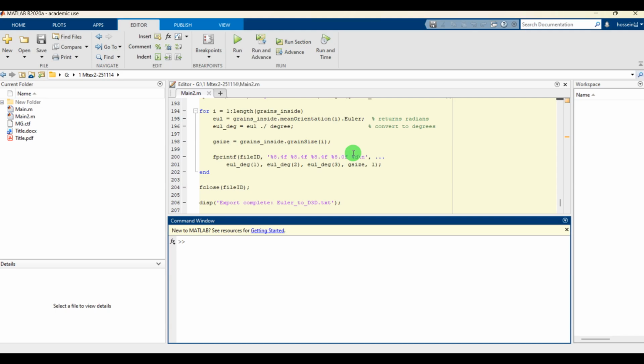In the next video, we'll import this result into Dream 3D and reconstruct a full 3D microstructure that matches